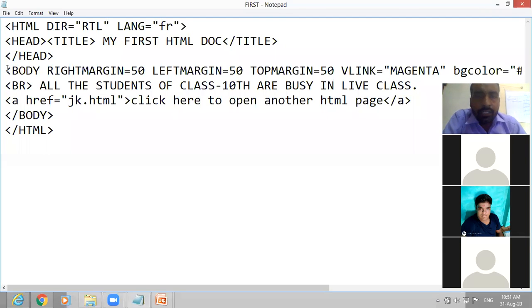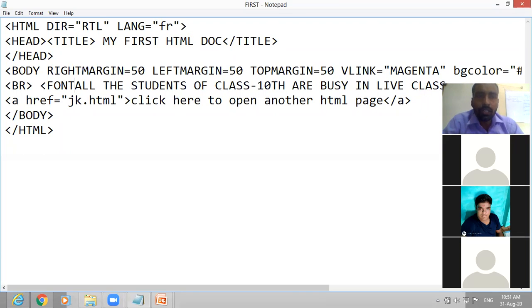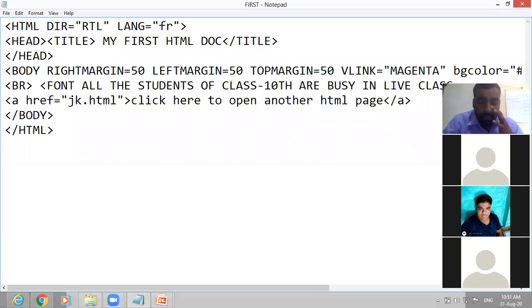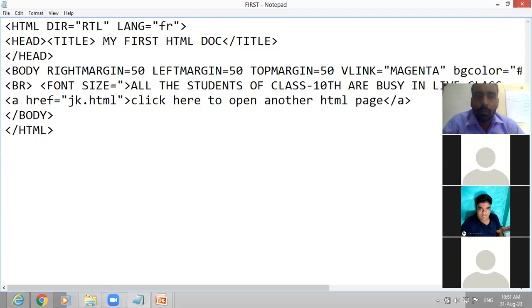Now what do we want? We want to change the font size, color, and font face. So we write the font tag. Let us write font, space, then inside font type the size. How much size do you want? Suppose we want in points, 4 points.